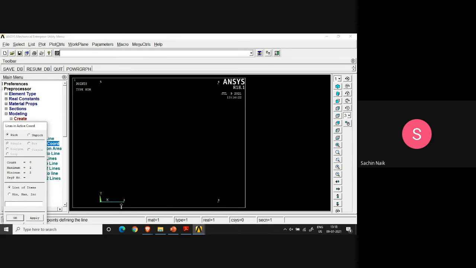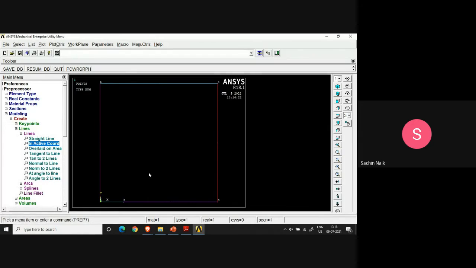From this to this, from 3 to 4, from 4 to 5, and 5 to 1. This is the quarter model with the help of lines that we wanted. And our job is done. So I say OK, and that particular part is over.